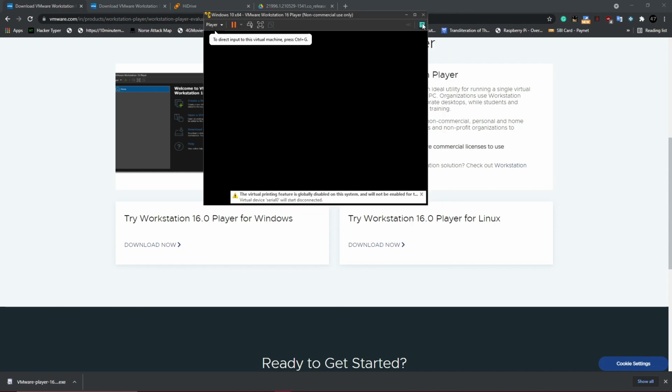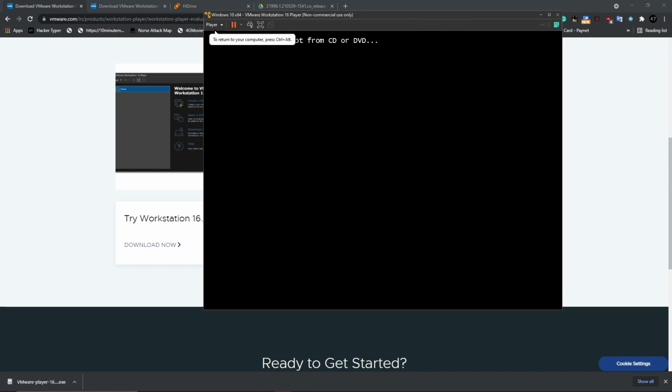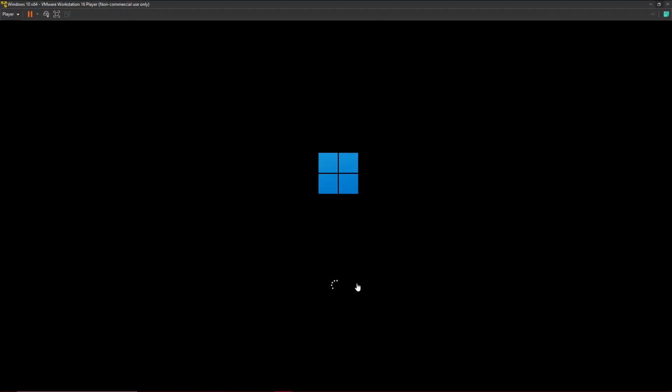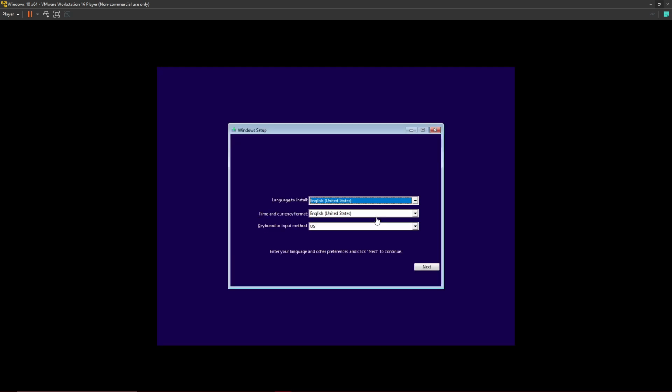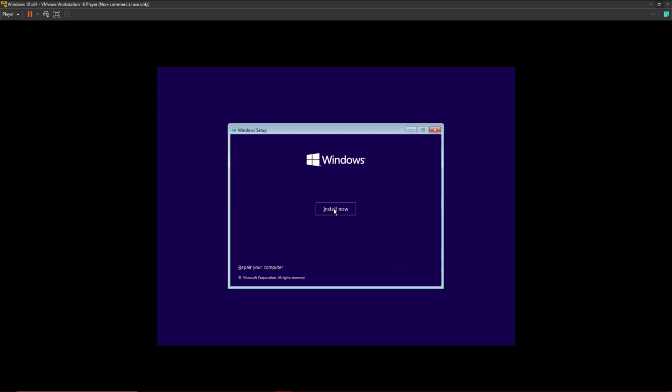I will click on OK and start booting with the help of the Windows. I will just click on OK, and you can see I just set it to full screen, and you can see it is starting the installation process for installing Windows 11. And this is not the official Windows 11 which is available from Microsoft. I don't know where it came from on the internet, but I will recommend you to install it on a virtual machine. Don't directly install it on your current Windows system, otherwise all the files and all the data that is available on your disk will get vanished.